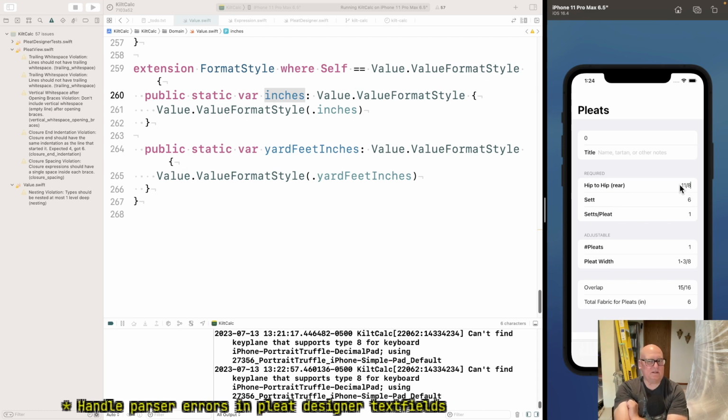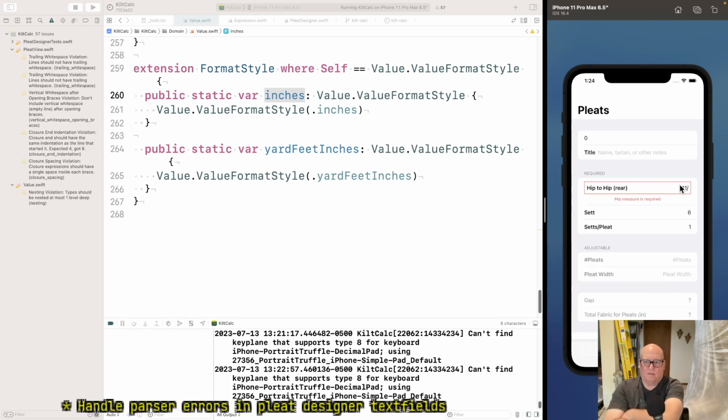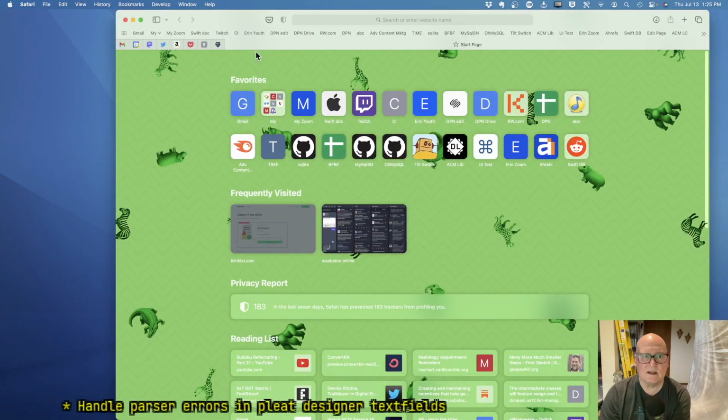But the problem I have is, when could I catch that error, the exception being thrown by the inches parser when it sees 11 slash and says, no, something's wrong. There's an exception. So it tentatively says there's nothing going on, but the text field gets that error, the exception. All right, now I saved a link yesterday, I think.